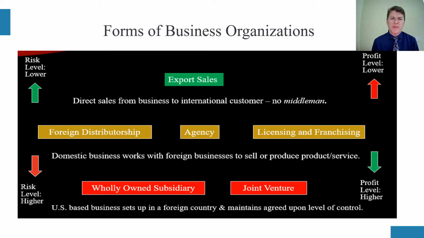The problem with export sales is that you probably are not going to enjoy the potential for higher profits because of the limited nature of that transaction. Your next step or entryway into international transactions would be to establish a distributorship network, or use principal agency law, or licensing and franchising, having some kind of presence in those other countries. With this escalated entrenchment in a foreign market, you're definitely going to have to travel there for this level of activity.